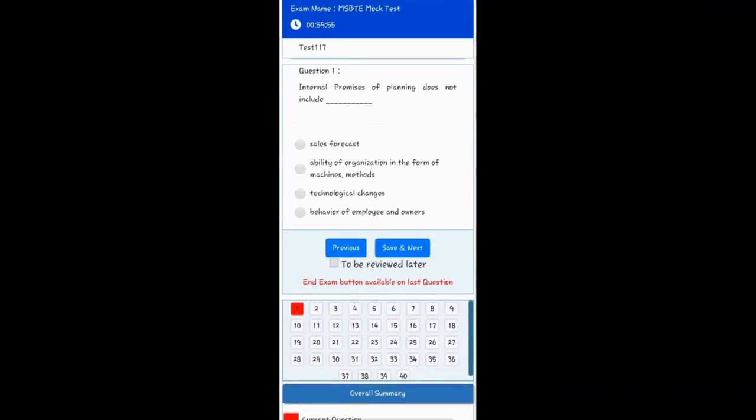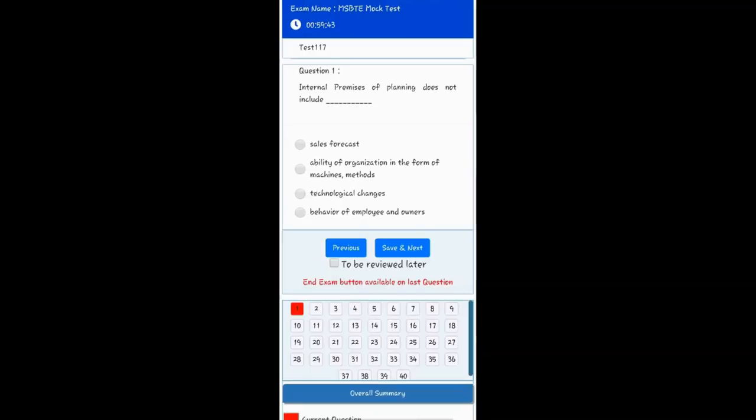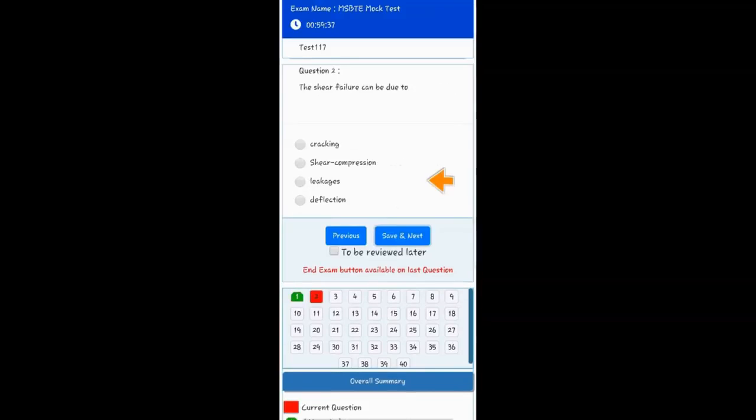At the top of the screen, there is a timer which denotes time till completion of the exam. Means in this case, I still have 59 minutes till completion of the exam. Read answers and questions carefully and click on the circle in front of the right option. You can easily navigate between questions by clicking on Save and Next. In case you are confused between two answers, you can mark that question for review.